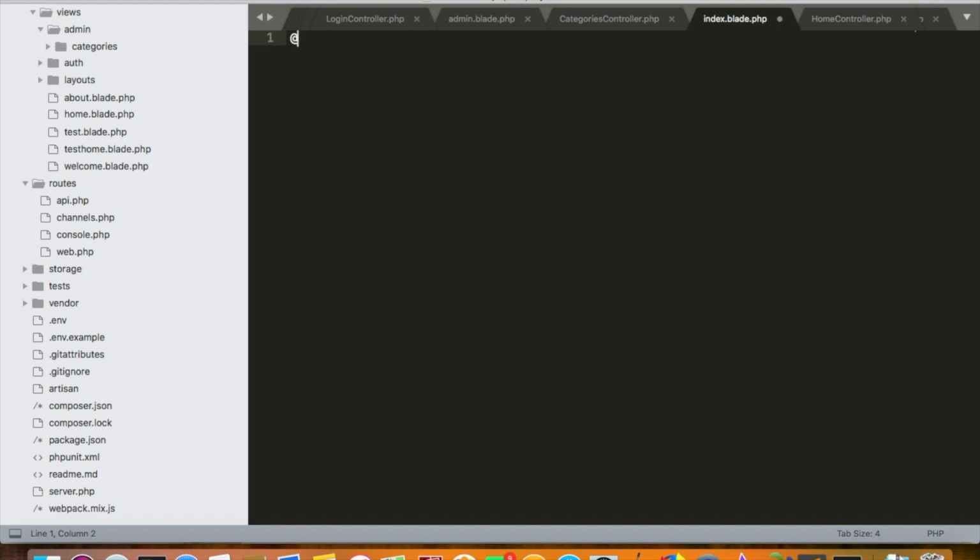So @extends, our layout is layouts.admin, right? We want to extend the layout of the admin, and we want to create a section over here. So my section content shall be written inside here. So @section, @endsection,